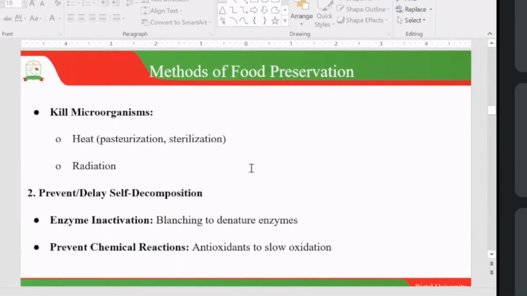And I think you've seen that happen to vegetables and tomatoes, where they are immersed in boiling water and then cooled very rapidly under ice water. So that will inactivate and denature those enzymes. And also,